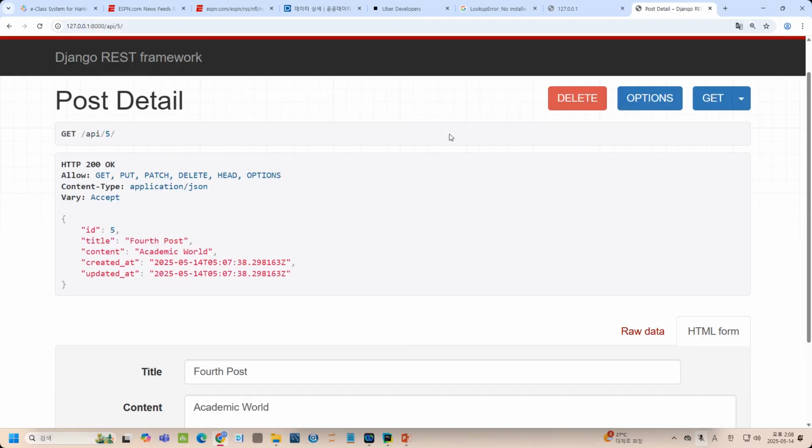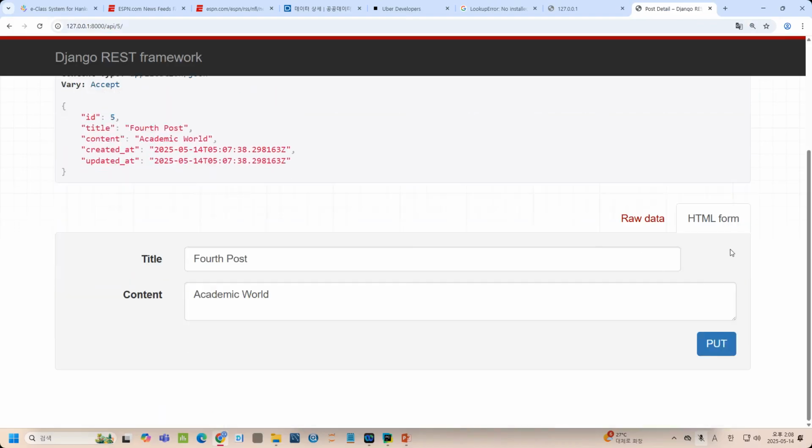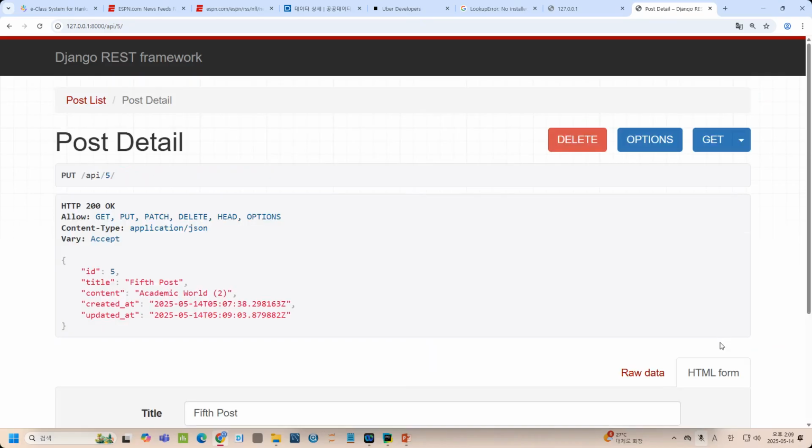now I can also delete. I can also put. Put means I can modify. Now I know that this is number 5, so I will change this one not 4, but 5th. So this is the 5th post, and then the content, maybe I will just use the academic work 2. Then if I put this one,